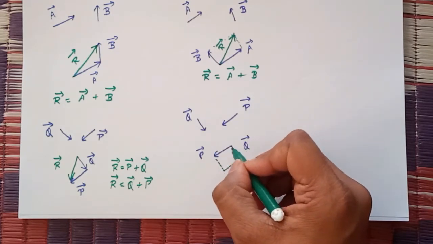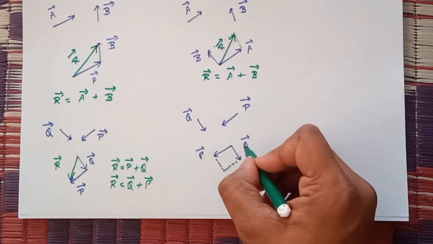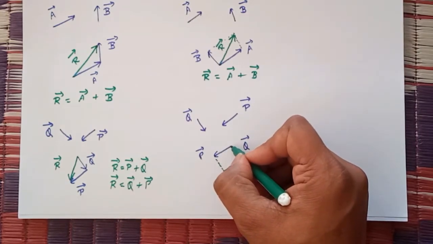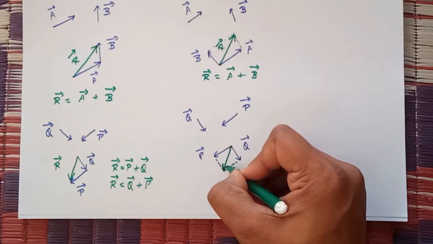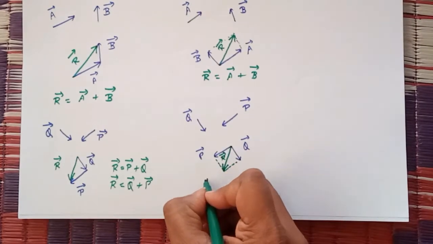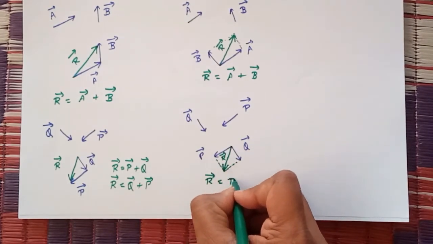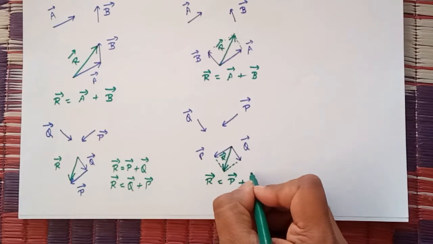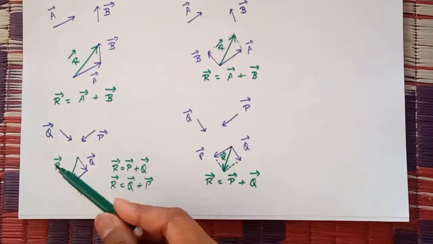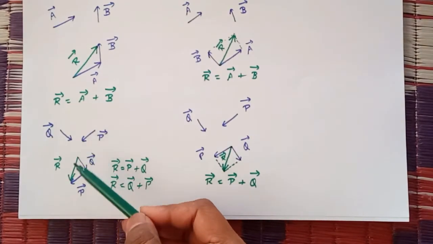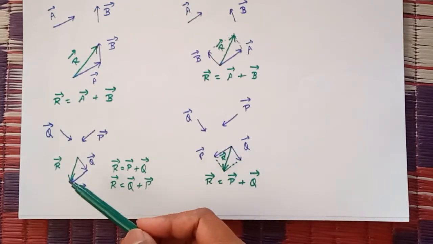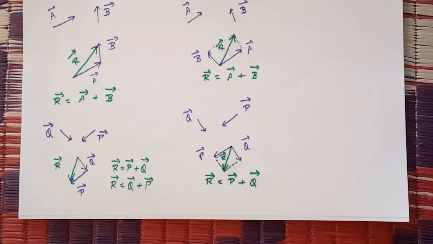So the resultant of these two vectors will be their addition, and its direction will be their diagonal, starting from this common point only. So this will be the diagonal, and it will be the r vector, or I can write here r vector is equal to p vector plus q vector. Again, the resultant of this situation is downwards, and in this situation it is also downwards. We have used triangle law here, and we have used parallelogram law here.